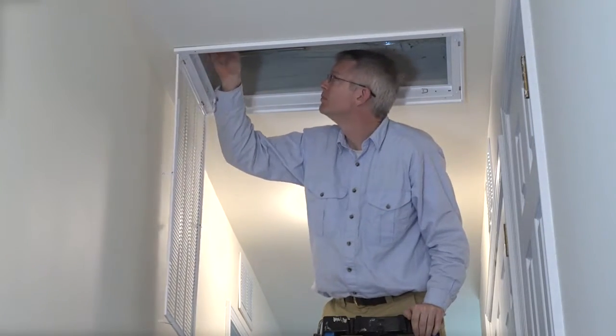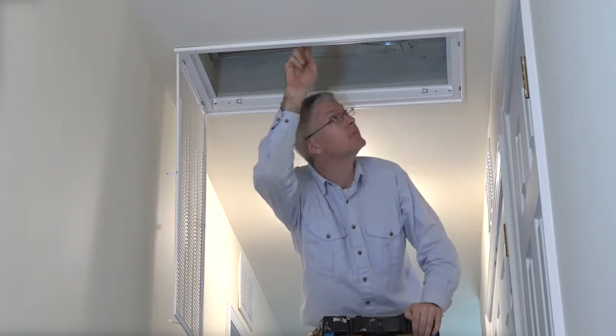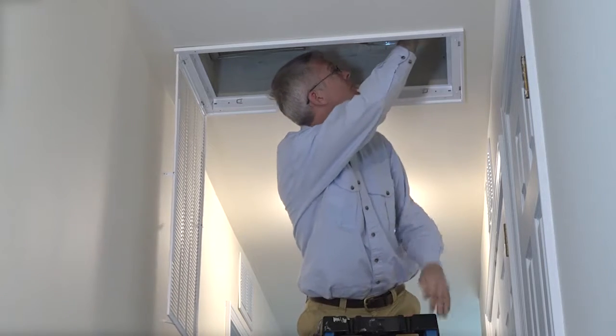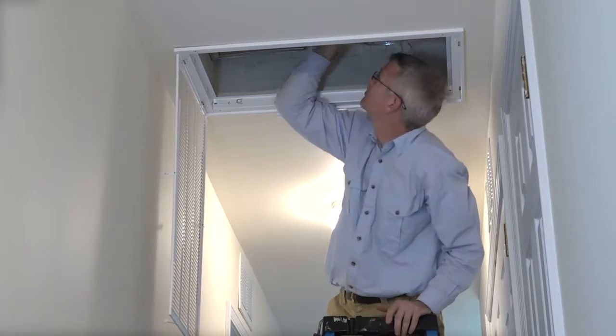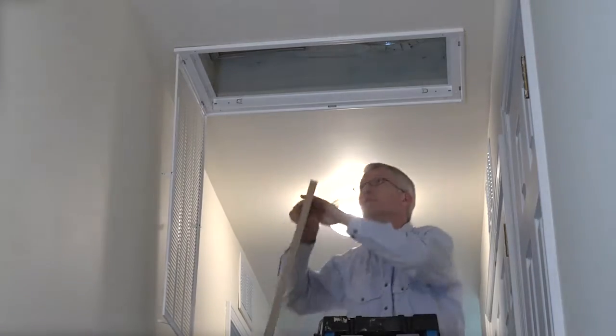Check that all the joints and seams on the inside of the return box have been sealed with mastic. If you don't find mastic on the inside of the return box, you will need to check the outside seams of the box for mastic when you check the return plenum connections to the air handler. If you find joints or seams that have not been sealed, you can leave the grill off for easy access